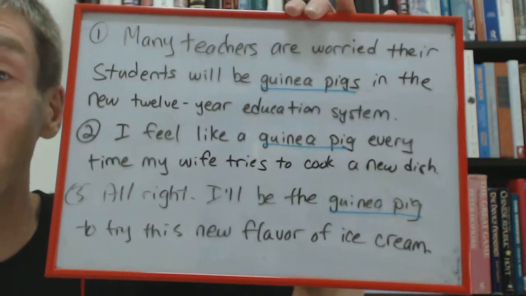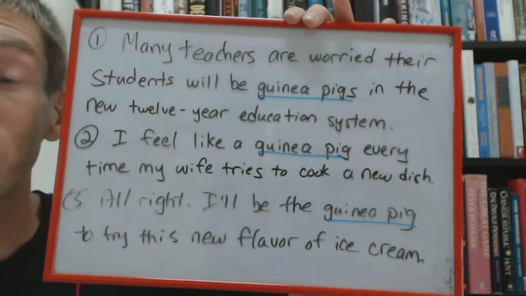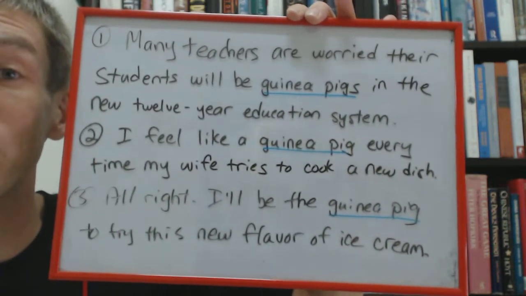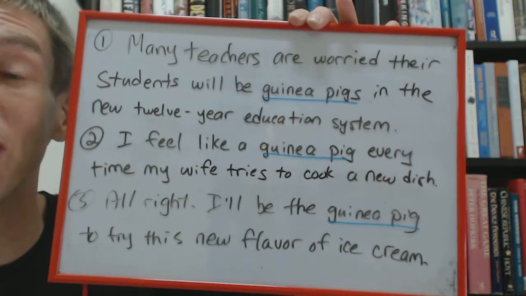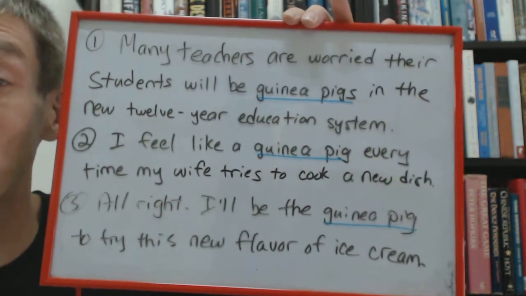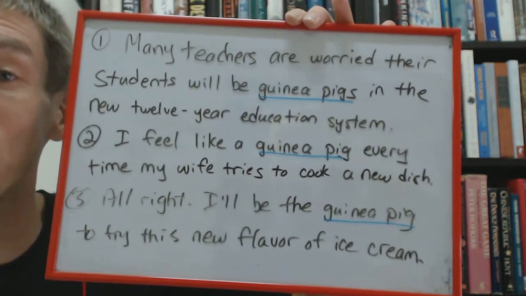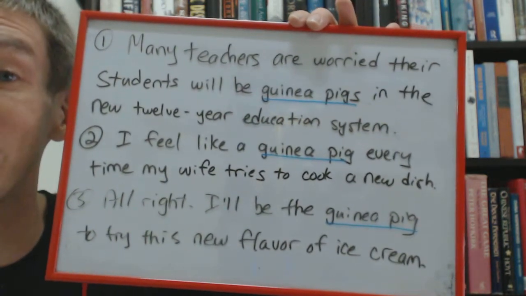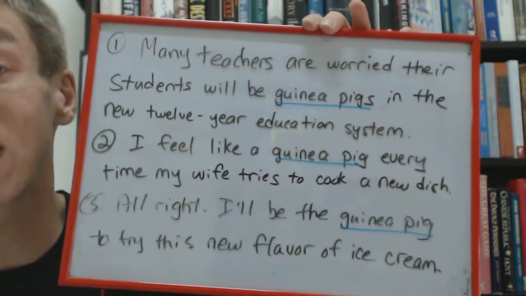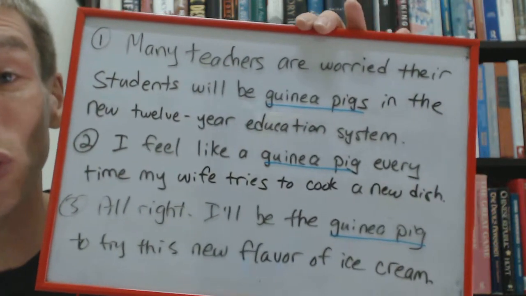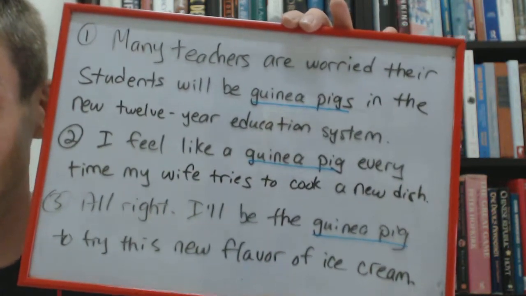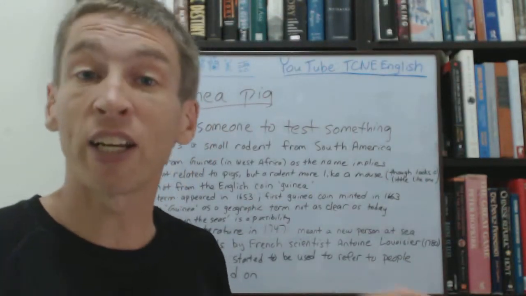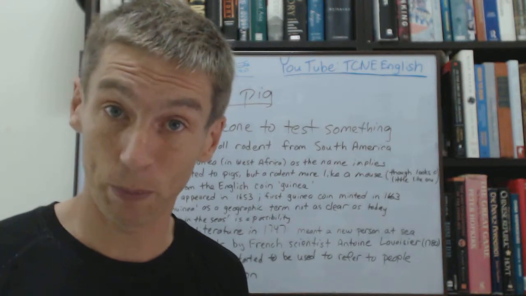I must be frank, I felt like a guinea pig one time when a local tea shop offered a new drink, mango green tea. I love mangoes, it's my favorite fruit, and I love Taiwanese green tea. I thought the two tastes might be great together. I felt like a guinea pig when I tried mango green tea, and it turns out that sometimes two great tastes don't go so great together. So, this is how you use the phrase guinea pig in English, and its rather interesting history.